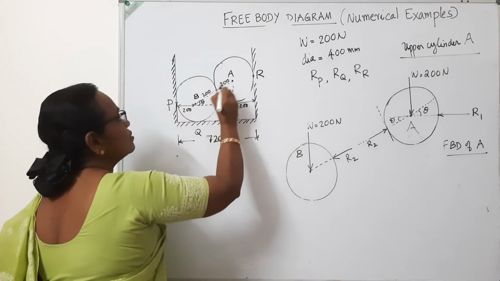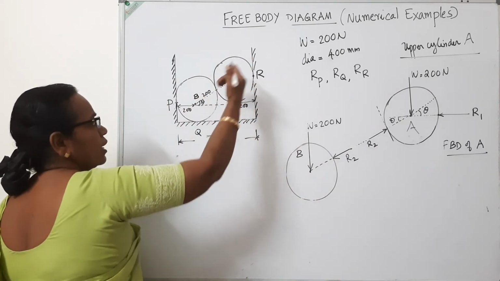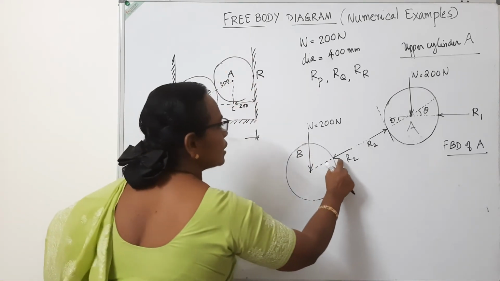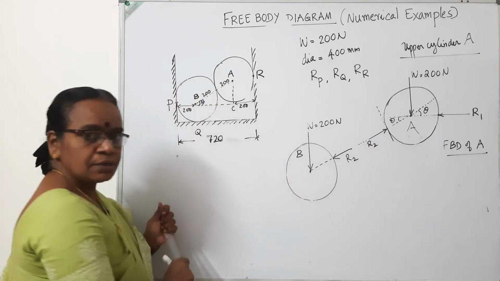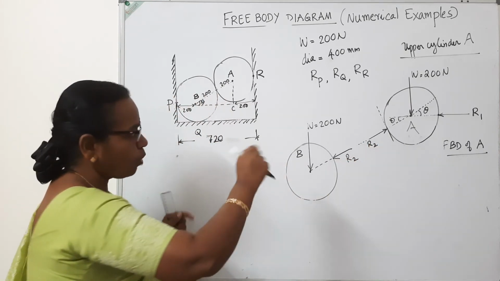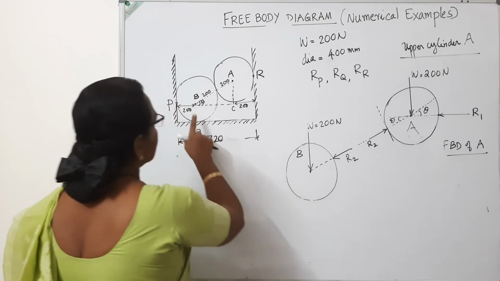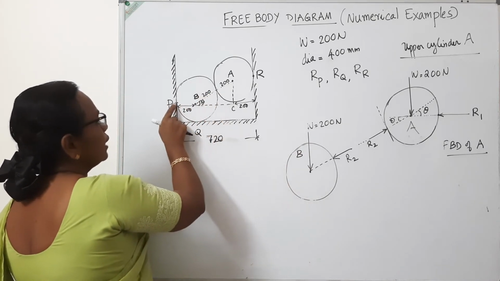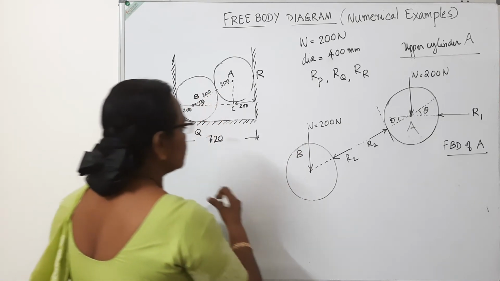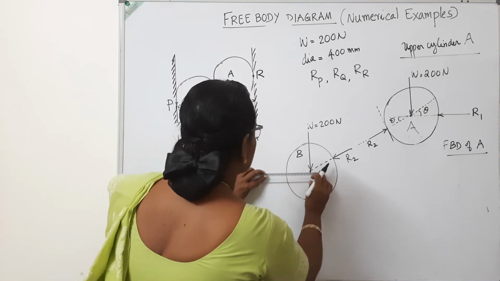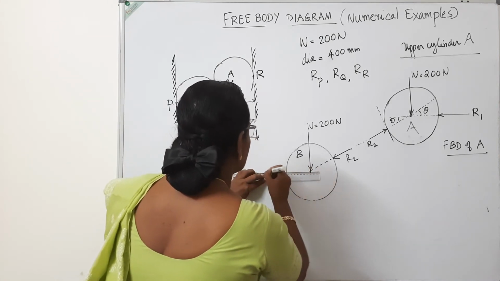At this surface, there will be a reaction from A acting towards B. So this is R2. Both will be equal and opposite in magnitude, same magnitude but opposite in direction. Then coming to this ball B, at this point P, at this vertical tangential to that vertical surface,